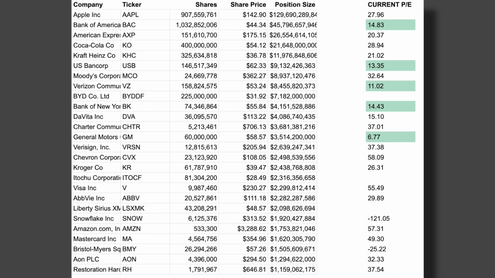If we look at the stocks that Warren Buffett's company Berkshire Hathaway owns, where they have a position larger than $1 billion, there's currently only 5 of them that have a PE ratio between 0 and 15. The median PE ratio of all these companies is actually 28. And this again goes back to what I talked about earlier. The market has completely changed. Treasury bonds don't pay out anywhere near as much, and companies don't have to build these massive expensive factories to make money. If you're looking to buy stocks based off an arbitrary PE ratio of 15, you're going to miss out on a lot of great